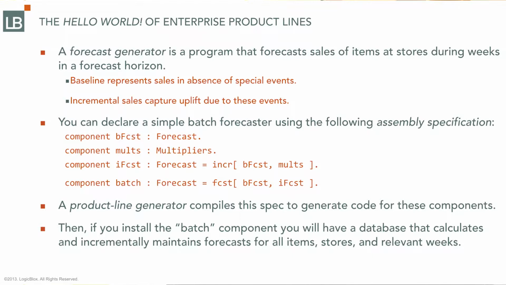And so what that does, and we can go into in a moment exactly how it does it, but as you can see, we start with some elementary components, the baseline forecaster and the multipliers, and then we compose those with some reusable features, Incr for incremental and FCST for forecaster. We compose those together to make an actual component called batch, and batch is the component that's the output of this thing that you would then install in your database to calculate your